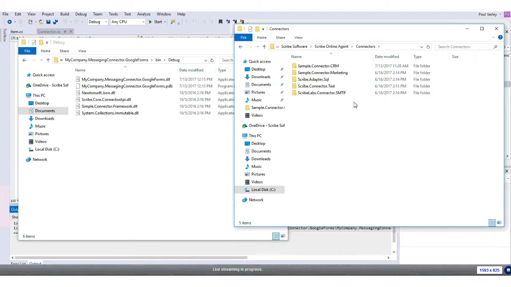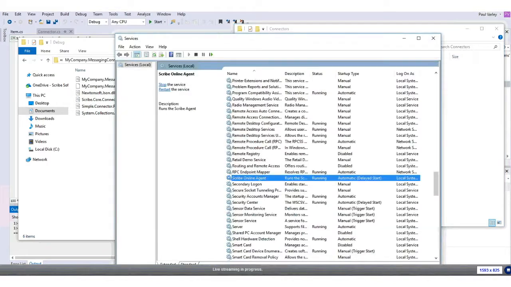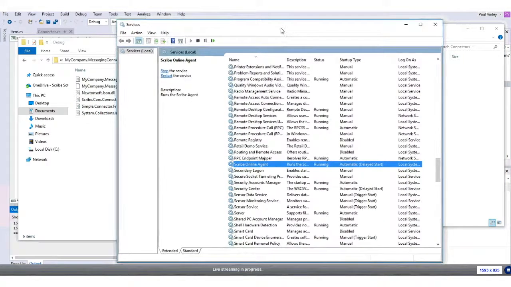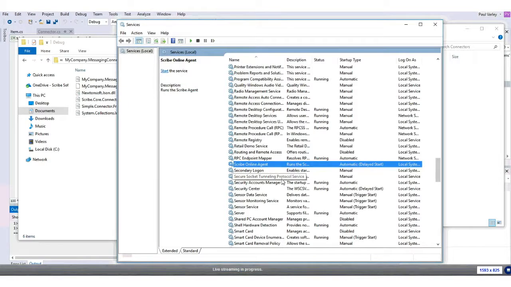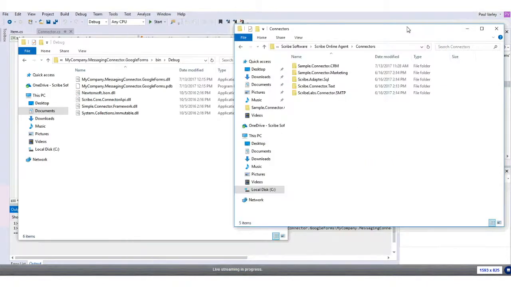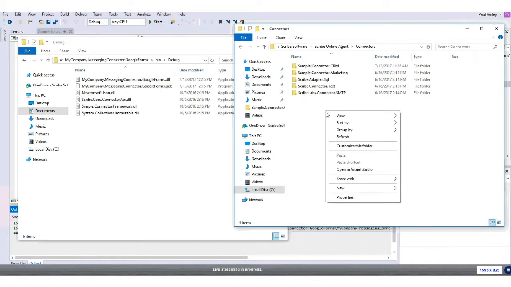Now, if I want to install a new connector, the first thing I need to do is stop my Scribe Online agent. So here I've got my Windows Services screen, and all I'm going to do is right-click on that and stop the Scribe Online agent that I have running on this machine. Now that I've done that, I'm free to add a new connector. So I'm just going to create a new folder for it. And I'm going to call that